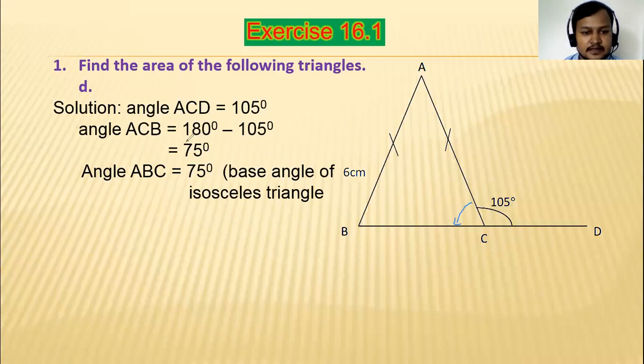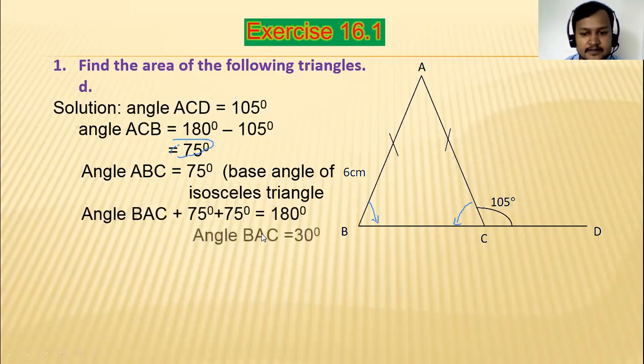From this we will get angle ACB 75 degrees, and after getting 75, ABC is also 75 because base angles of an isosceles triangle are equal to each other. If ABC is 75, ACB is also 75, BAC will be 30 degrees because